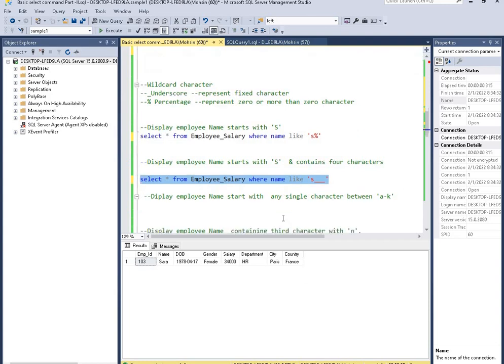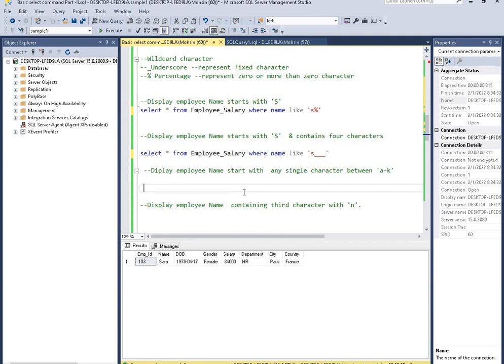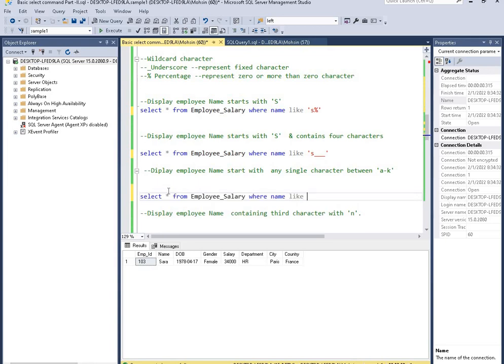And the next question is display employee name start with any single character between A and K. Let me copy here. So single quotation, square bracket open, A dash K, then close square bracket and percentage and single quote.